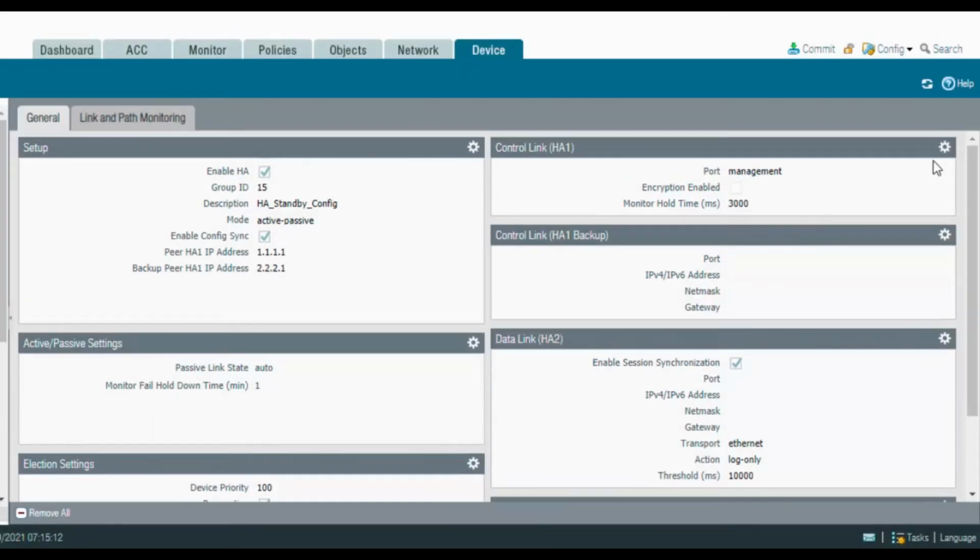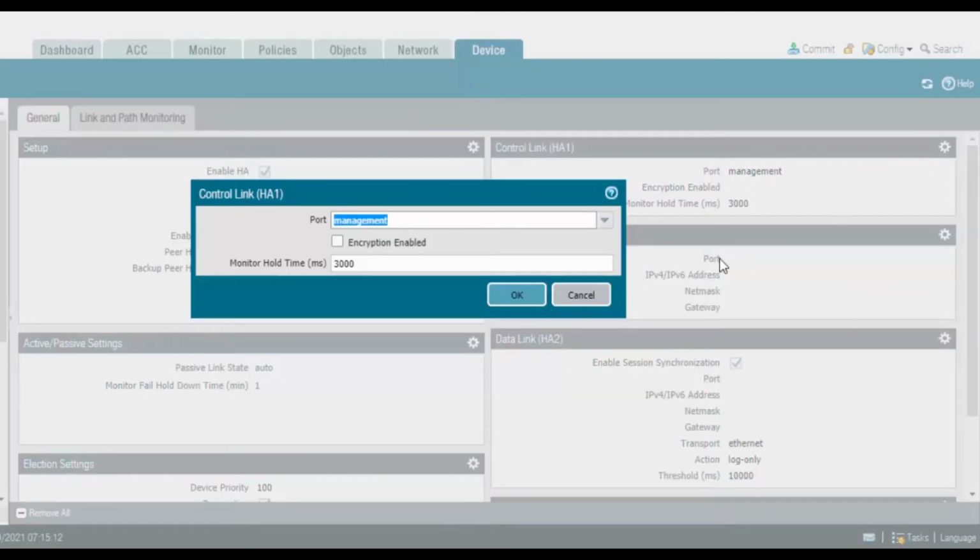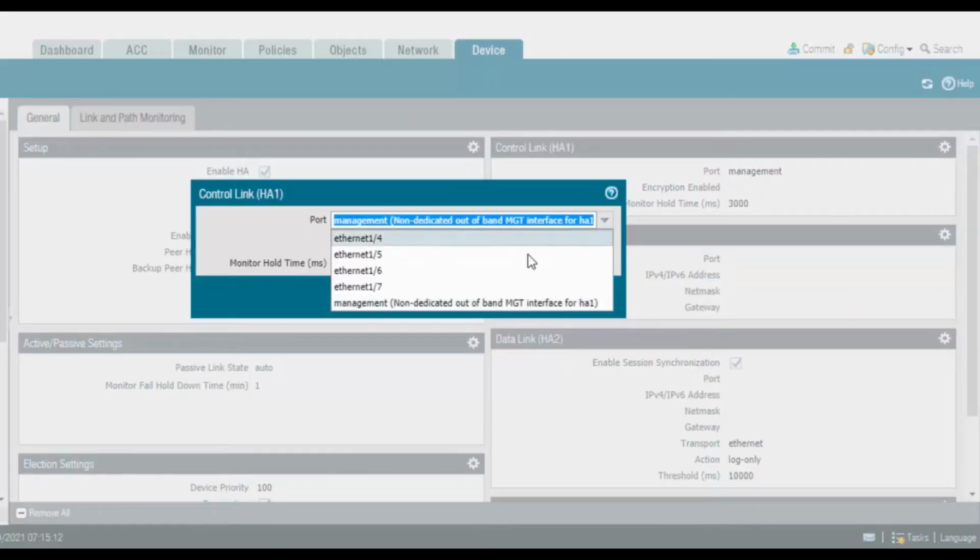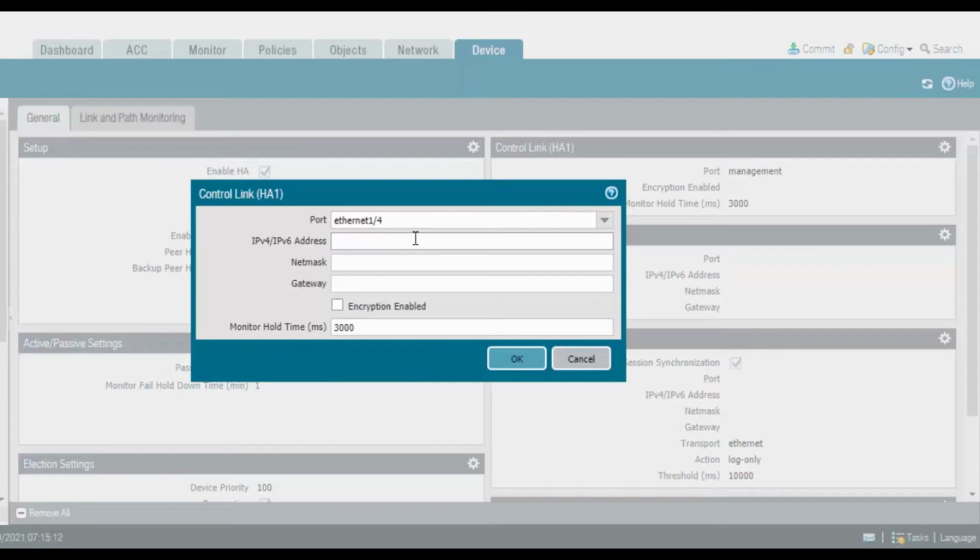Now we will go to the control link. The control link interface will be 1/4, the IP address is 1.1.1.2, and the netmask is /24 subnet mask, and no gateway.